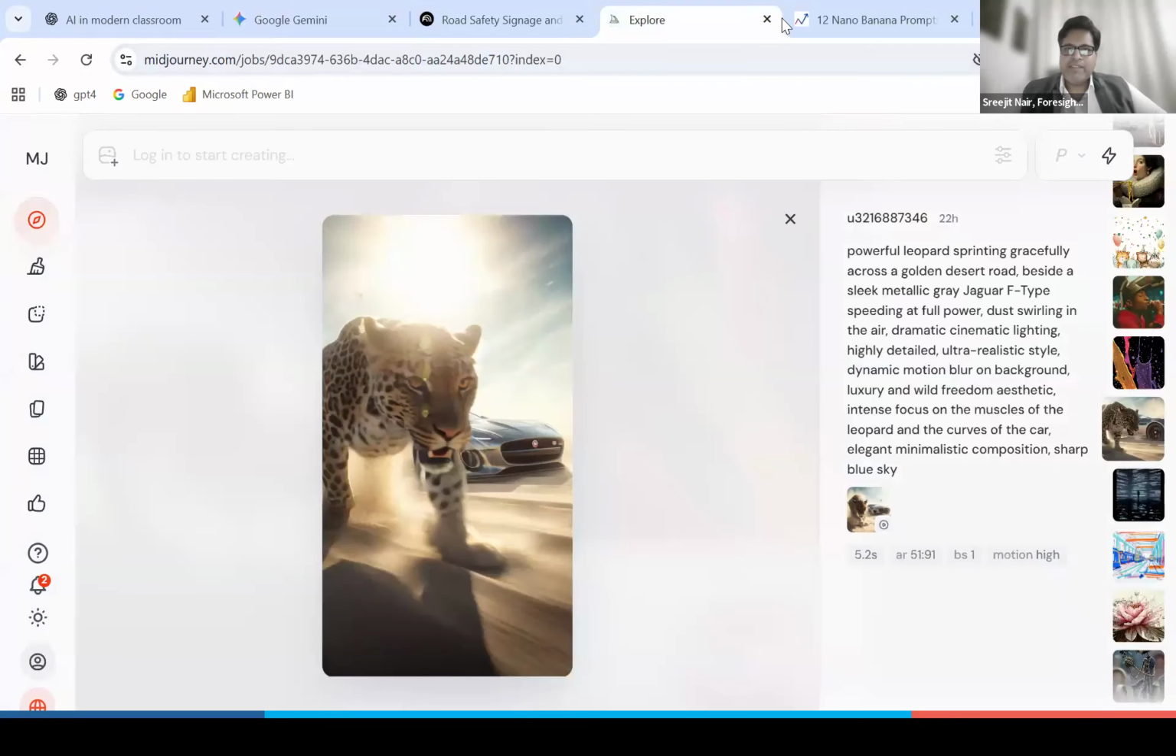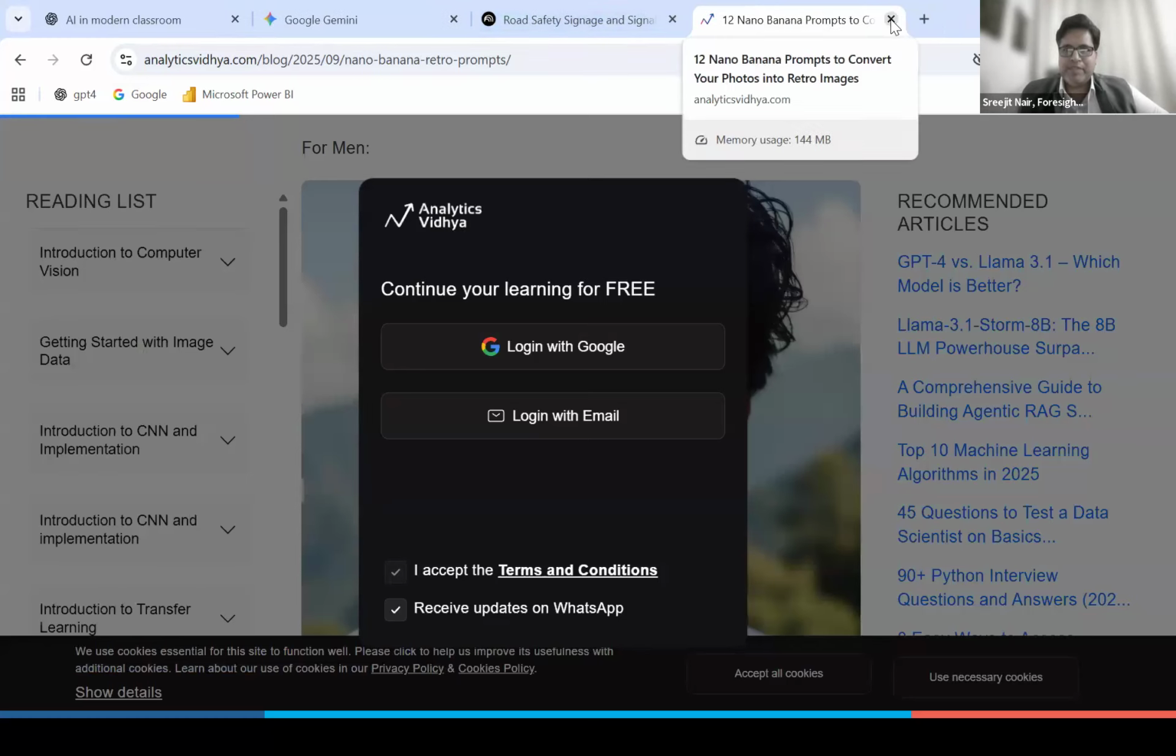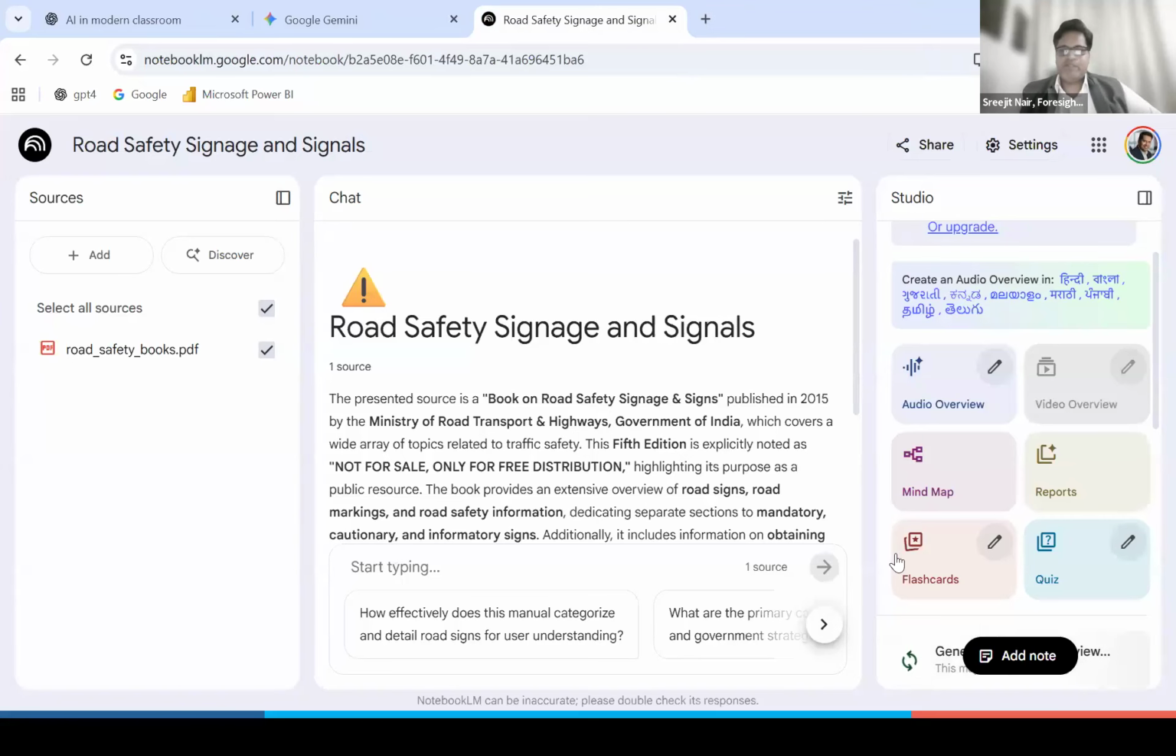So meanwhile, I'll just go. There are a lot of prompting options. You can search. You will see a lot of images and the prompts for them coming up here, based on which you can